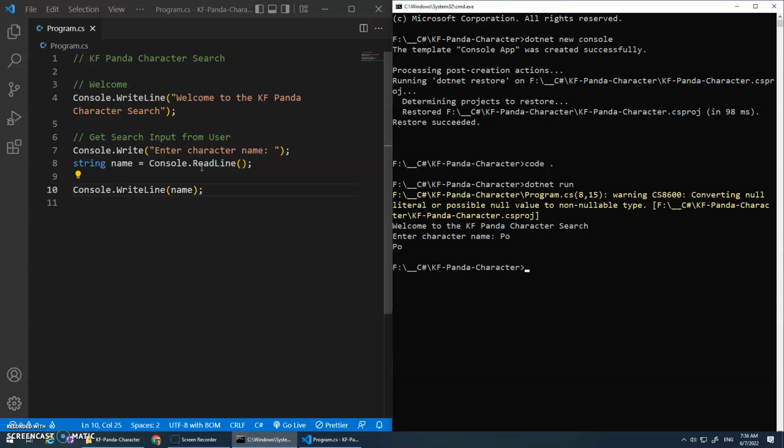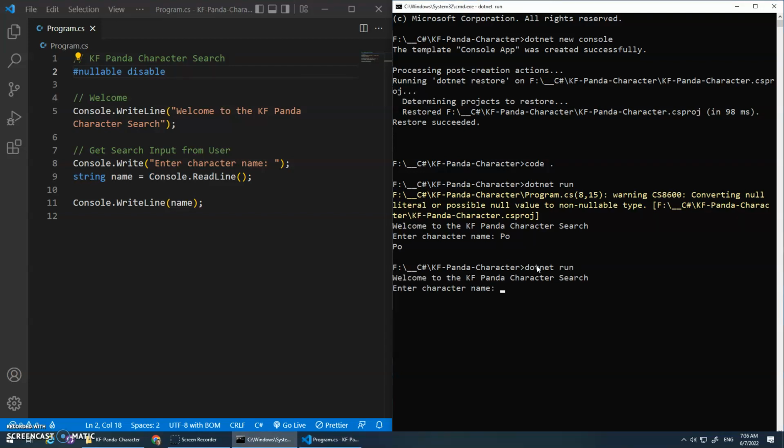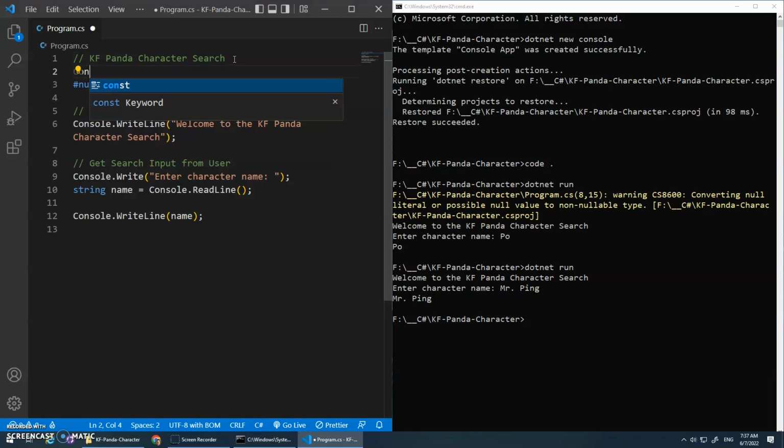Okay, that's good. And then remember to get rid of that warning. Oh, I'm surprised it didn't underline the warning here. That's interesting. Anyway, we do that nullable disable. And that should get rid of it if we run it again. There we go. And Mr. Ping, it's Po's dad. Okay, and another thing I like to do here is a Console.Clear, just so that it can clear the console every time we run it. All right,